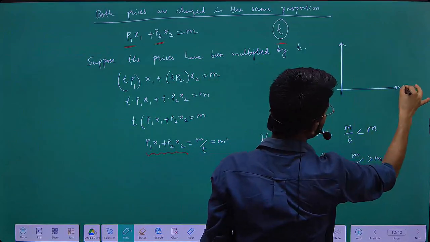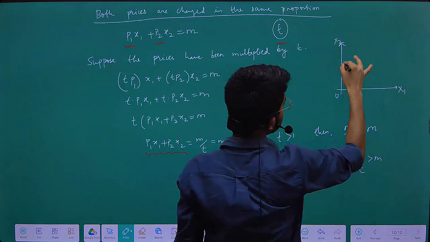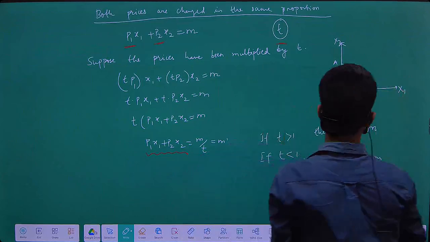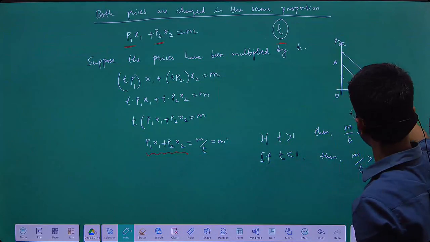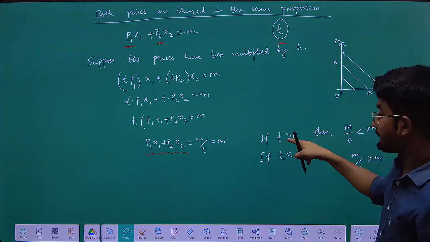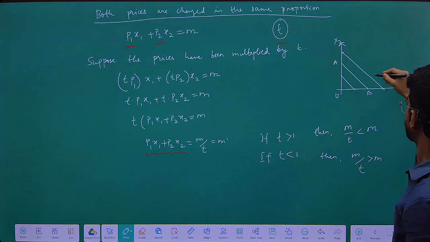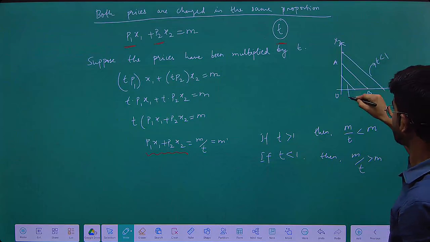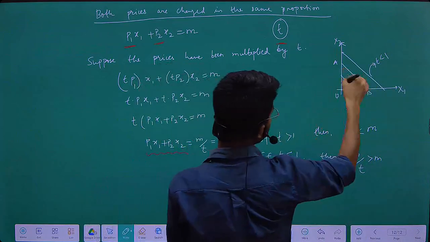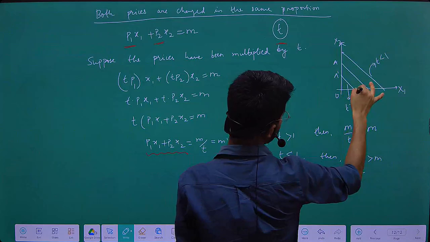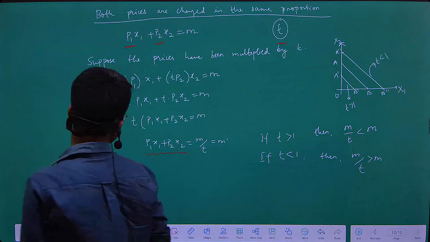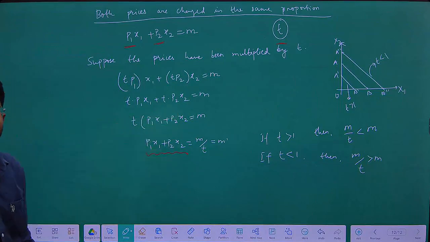सो वी हैड दिस एज गिविंग यू द केस, so this was original budget line AB, so you have this case and you have this case। ठीक है। सो ये कब हुआ, जब आपका T लेस देन 1 है। फॉर दिस यू हैव T लेस देन 1 एंड फॉर दिस यू हैव T ग्रेटर देन 1 एंड दिस इज द ओरिजिनल वन। ठीक है। सो आपका AB से क्या हो गया, A डैश B डैश फिर A डबल डैश B डबल डैश।